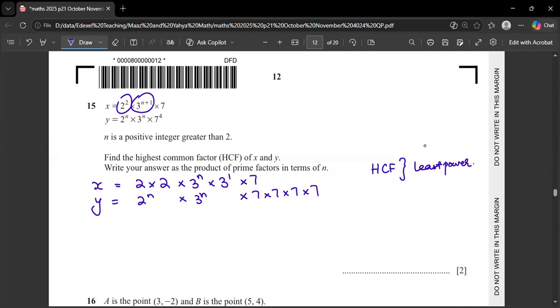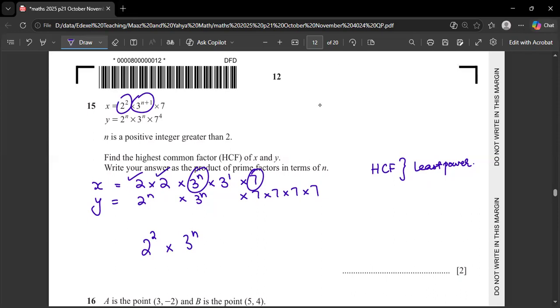This 2 and this 2 are considered as the lowest power of 2, and this 3 to the power n, and this 7 to the power 1, that's going to be the lowest one, right? So we're going to take 2 to the power 2 multiplied by 3 to the power n,